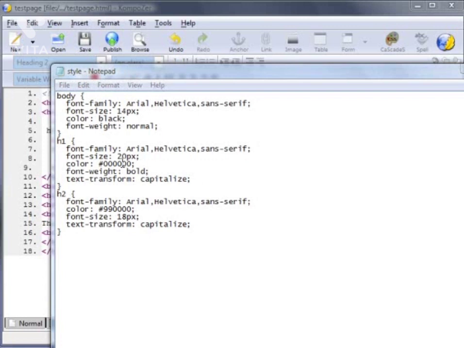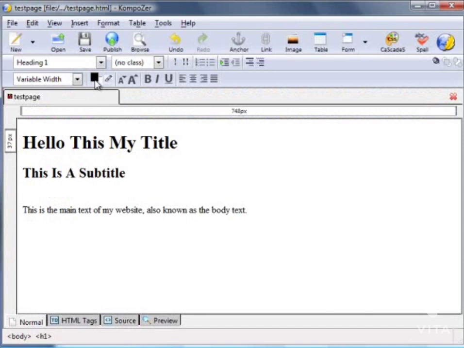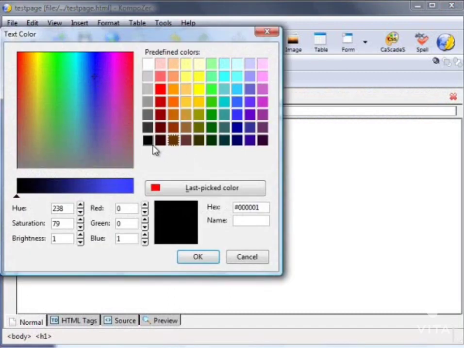And let me show you where I get those numbers from. If you go back to Composer and go to the normal window, click on the color icon. So black, you click on that, it changes the hex value, so that's all the zeros, whereas red was the 9900. If you wanted a blue colour, that's